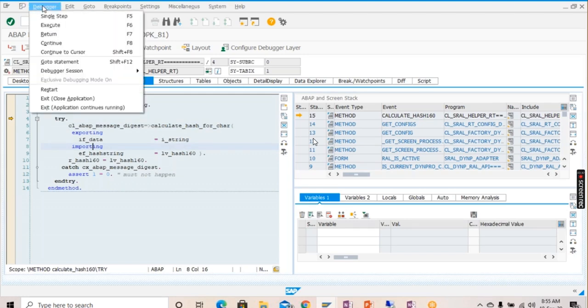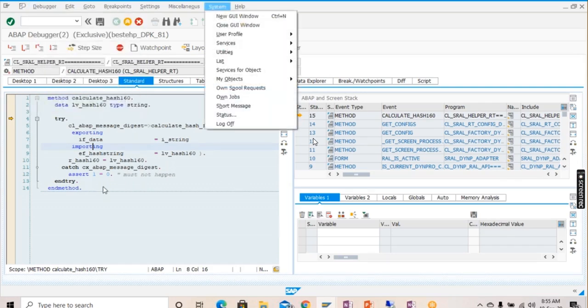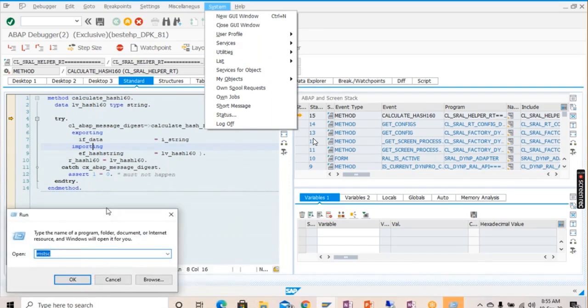One is that you can put that breakpoint. In a smart form you don't have to write job open, job close like that. But in an Adobe form, in the driver program you will have to use three function modules: job open, job close, and between that you will have to use the form call. In SAP script also, job open and job close function modules have to be used, right? So what I actually mean to tell over here is